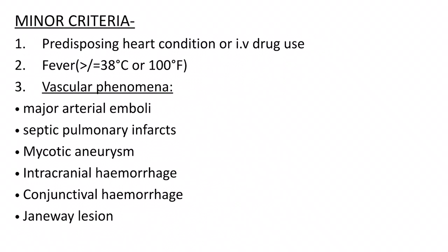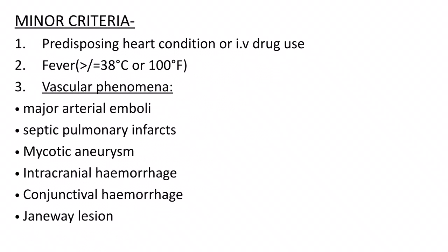Minor criteria are like this. There should be a history of a predisposing heart condition or intravenous drug use. Predisposing heart condition means the patient should have congenital heart diseases or valvular heart diseases or some cardiac surgical history like pacemaker implantation. And the second minor criterion is the presence of fever, temperature of more than or equal to 38 degrees Celsius